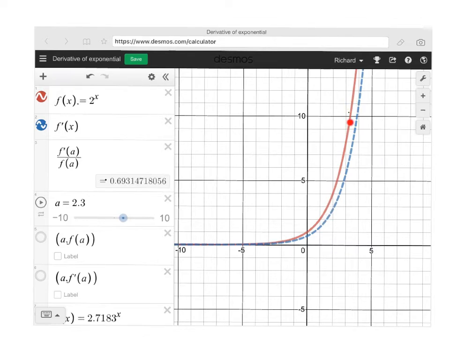If I was to draw a tangent up there, it's getting much, much steeper, so the slope of the tangent is also increasing. So we see that the derivative of an exponential function looks like just another exponential function. And what you see here is that what I did was